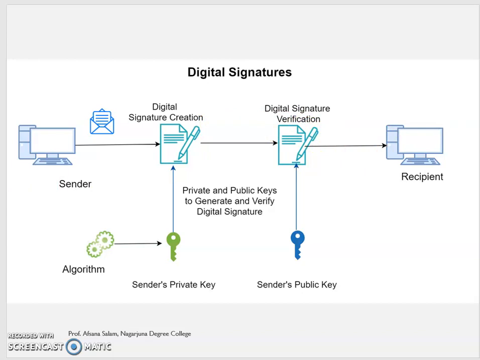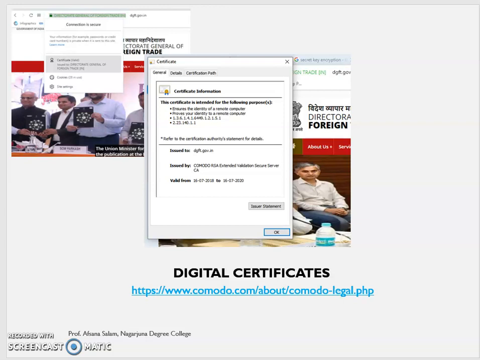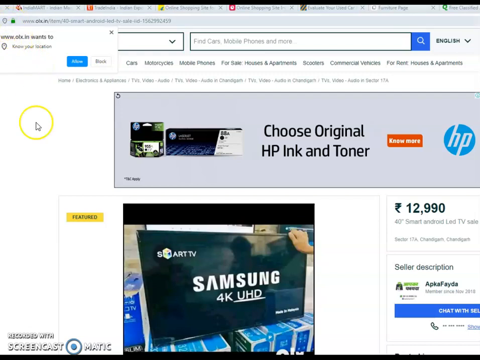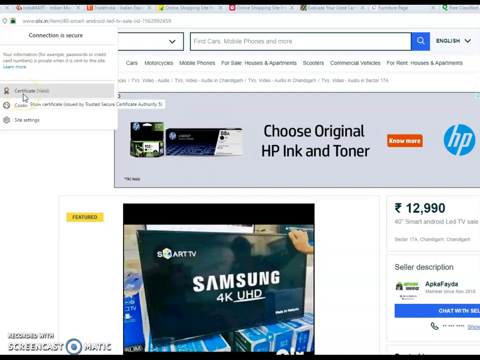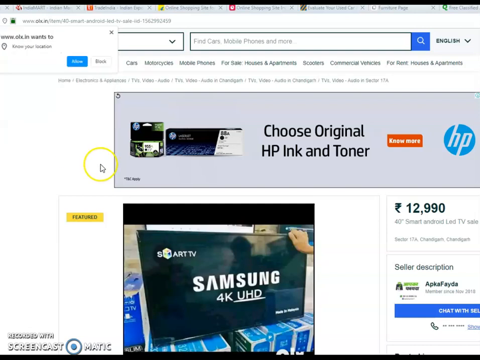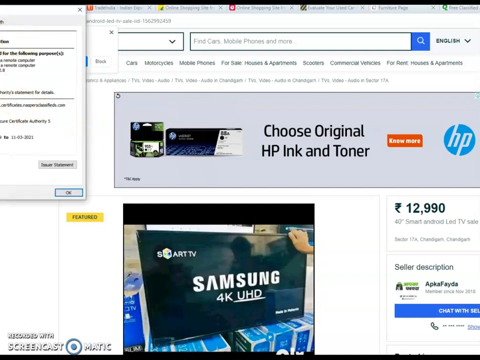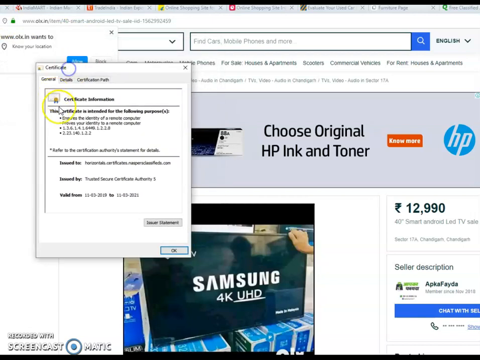The last topic is digital certificate. Digital certificate, in any website if you go, one second, I'll just show. So I show you guys. Here is the Ola application. You have this page information. You see this particular website, you have certificate, valid. When you select it, you will have the details about the particular certification. That's all.